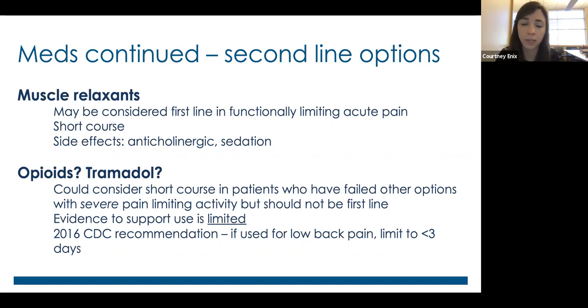I'll prescribe this depending on the patient, depending on how intense their spasms are, what they do, right? Some of that is individualized, but I will give patients a five-day course of some muscle relaxers to take PRN. The side effects to know about, many of them can be anticholinergic. They can have sedating effects.